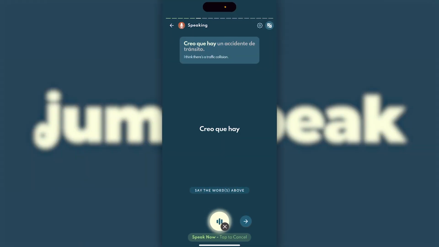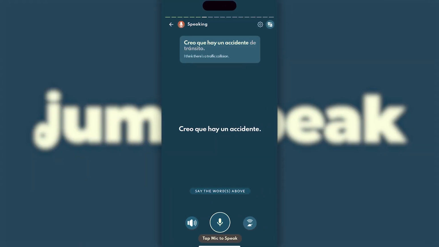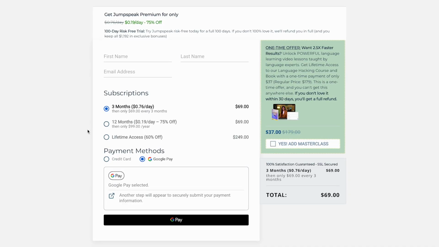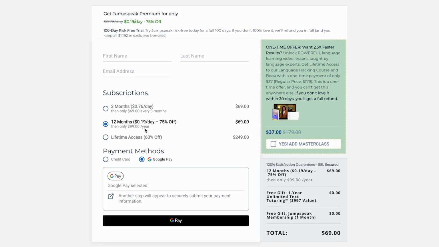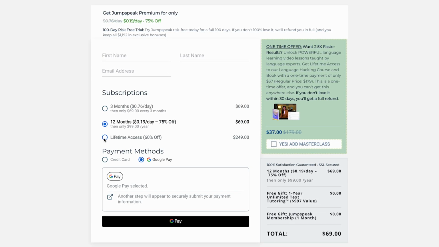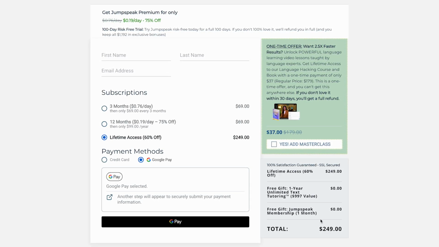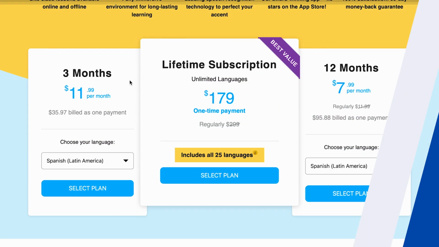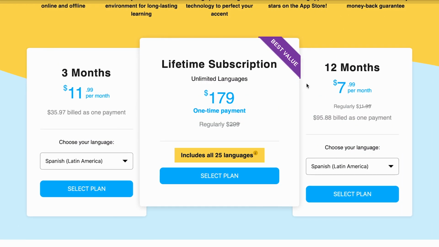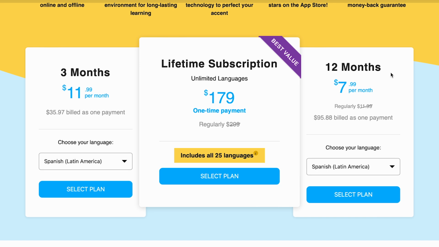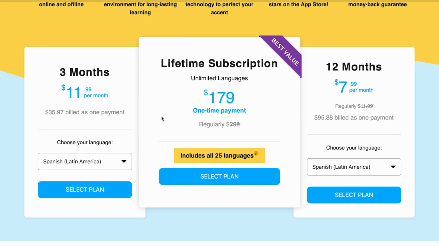Okay, so before I dive into what I like and don't like about each app, let's actually talk about price, since that's always important. So Jumpspeak offers a few different options: a 3-month plan for $69, a 12-month plan for $99, or lifetime access for $249. It's pretty straightforward. Then switching over to Rosetta Stone, their plans cost between $10 and $15 per month, depending on the duration that you select, or they sell a lifetime plan for around $200. So really, at the end of the day, pricing between these two companies is pretty similar, and there's no clear-cut